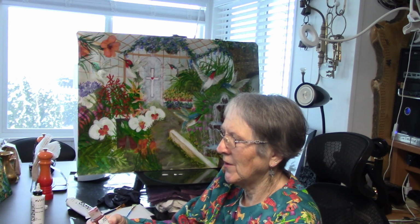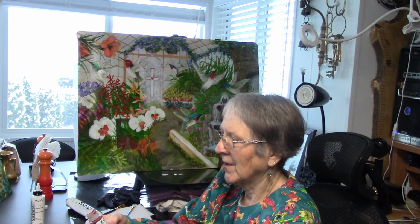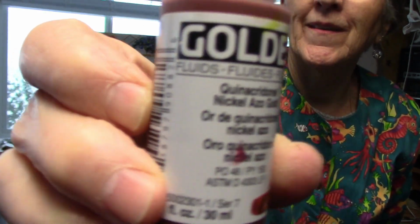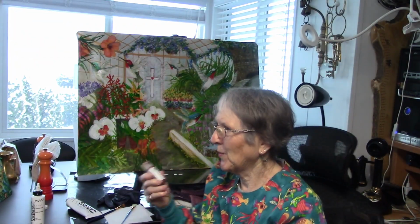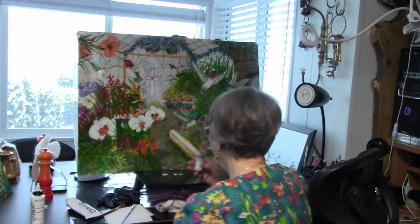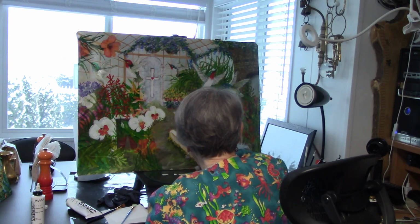it's a fluid paint too, and it's Quinacridone Nickel. I'm not, you know, your normal painter. I'm a fun painter, and it's what I do to keep me sane. Other than, honestly,